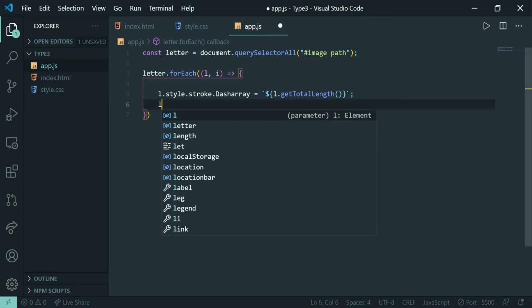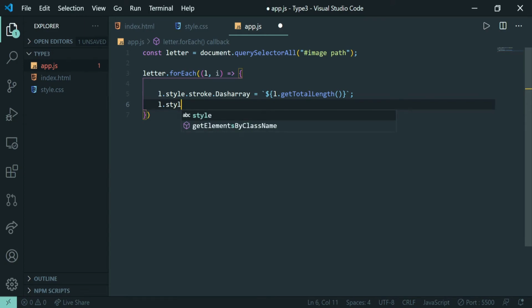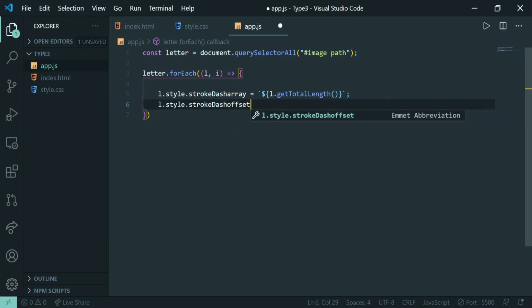Then we will be saying L.style.stroke-dashoffset equals, and here we will be writing the same thing.